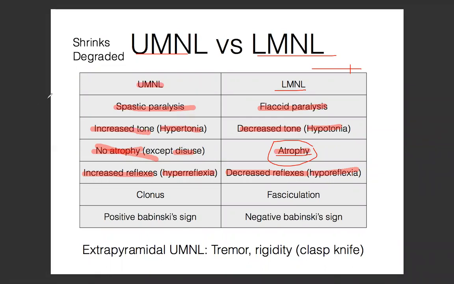لكن في upper motor neuron yes you damaged the spinal cord لكن الnerve ذاتها is still intact. So this nerve it's still keeping the muscle in its shape. However, if you stop using the muscle it's just going to start degrading due to the fact that you're not using it. فهمتوني؟